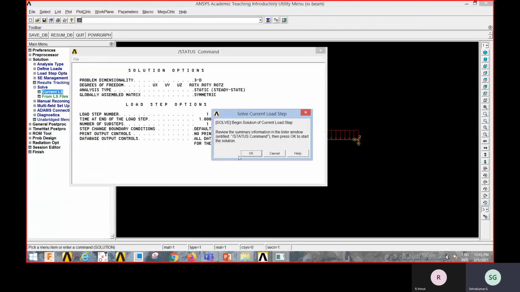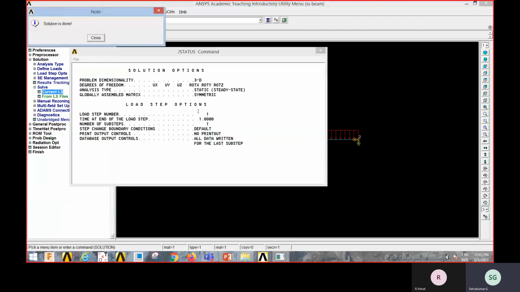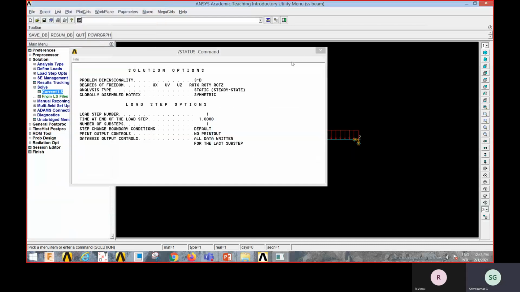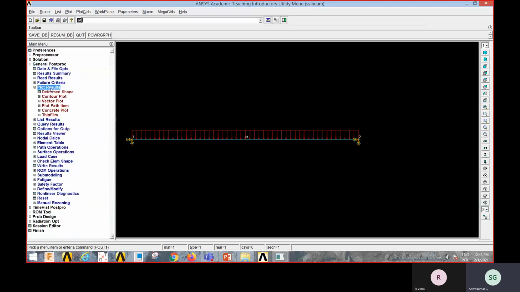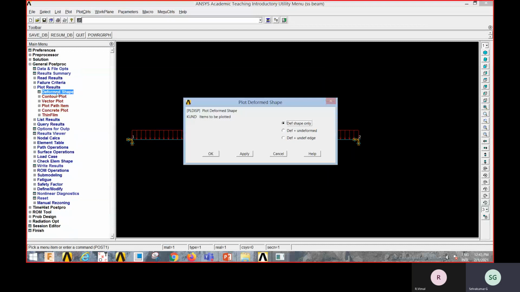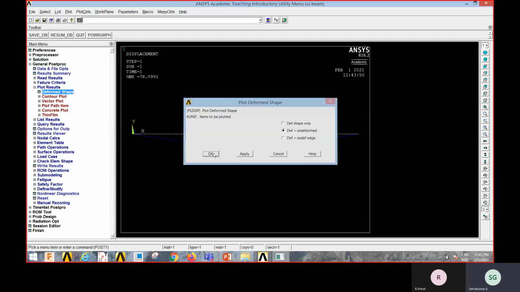Click on solve. Current LS means current loading setup. Now the solution is done. First, let us see. Click on general post processor, plot results, deformed shape. Click deformed shape, first undeformed both.